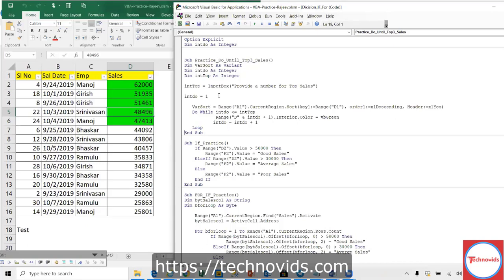One variable is int top, which we are taking from the user, and another one is int do. And int do is doing nothing, it is just +1 and then going. So can we make it a for loop? Because we know that the for loop will start from whatever we want. We can do that. We can reduce one variable. Yeah, that's a good thinking. That's what I was thinking.